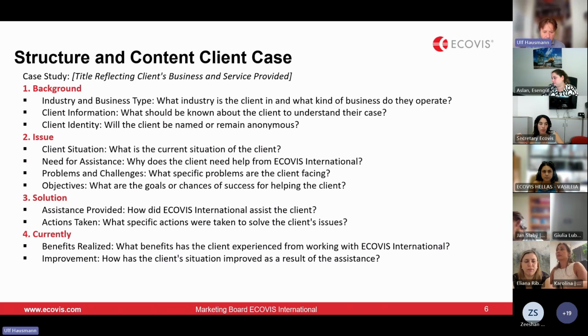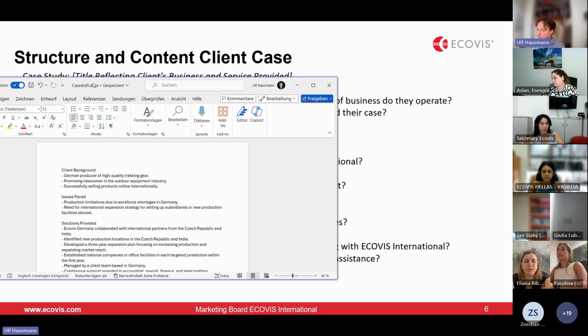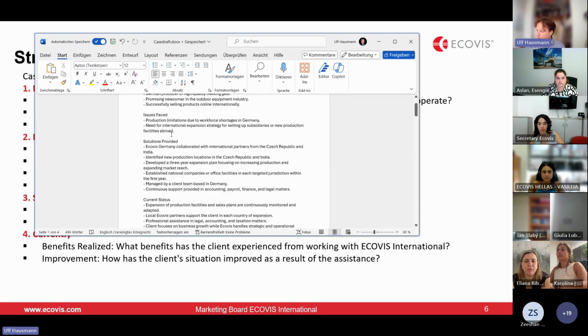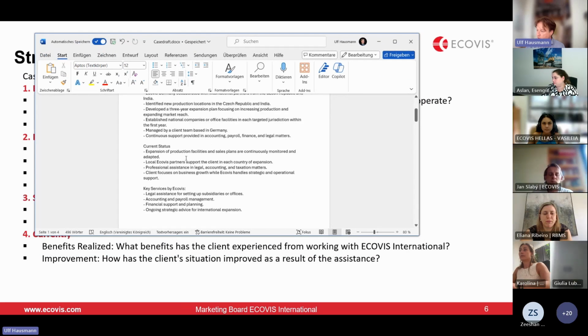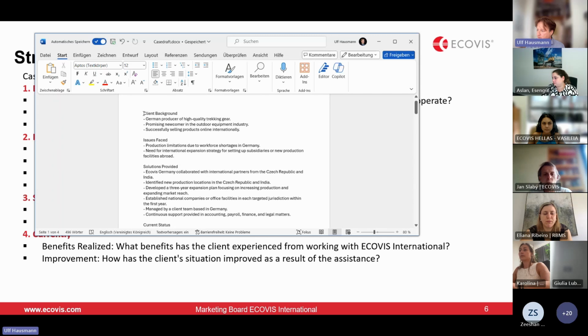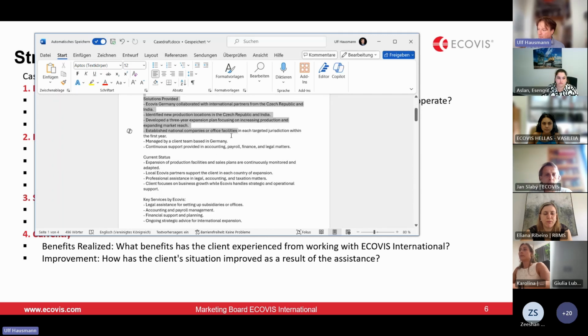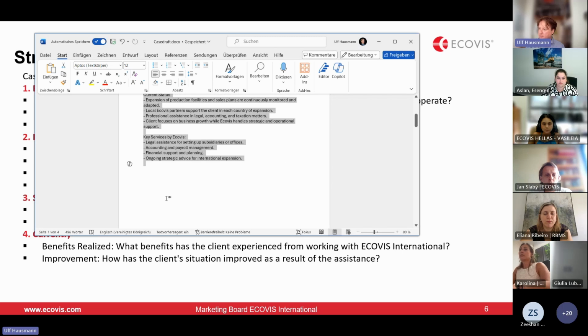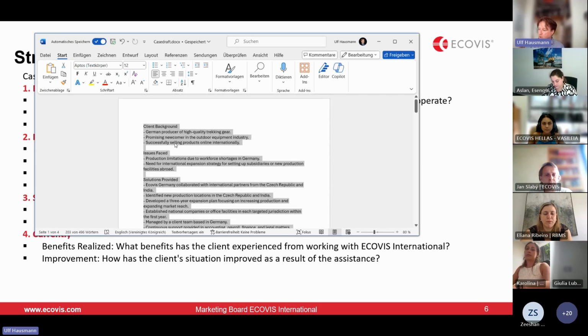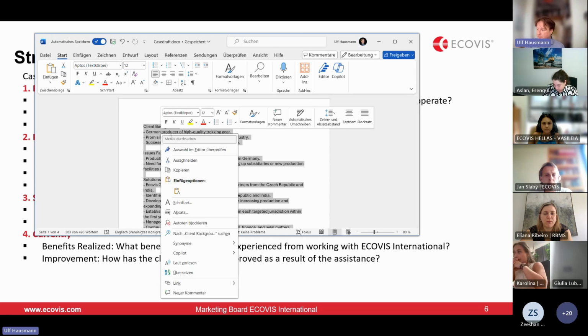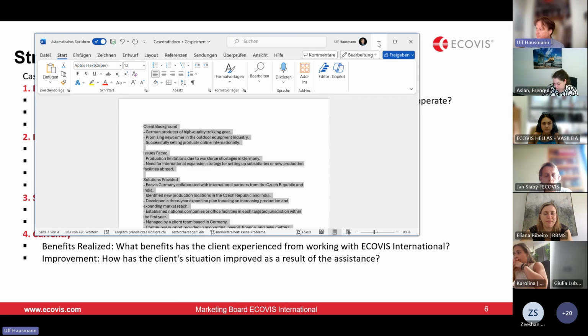I just have to find the right document here. Yeah, all right. So this is what I have prepared. This is actually just some bullet points about a client case study I would like to have a text on that we can put on our homepage. And this is actually the starting point for using in the next step